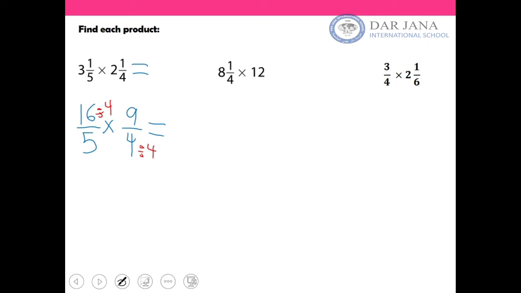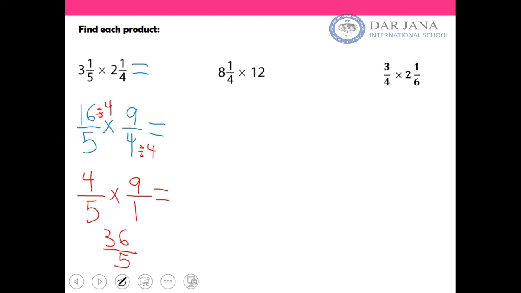5 and 9 I cannot. That's the only option that I have. So 16 divided by 4 is 4. Let me rewrite the fractions. Over 5 times 9/1. Now I multiply numerator by numerator, denominator by denominator. So it's going to be 4 times 9,